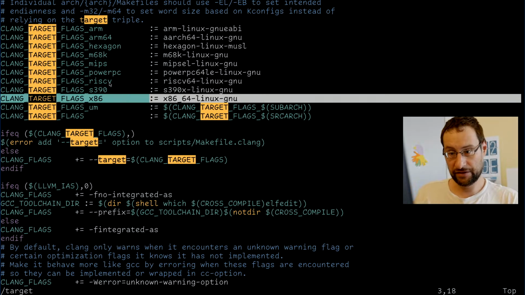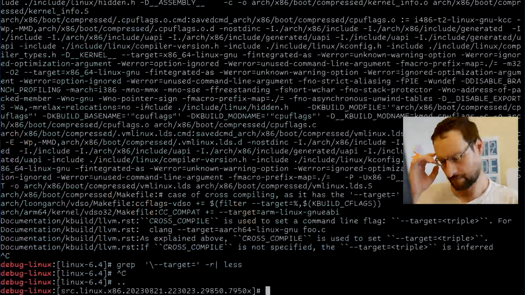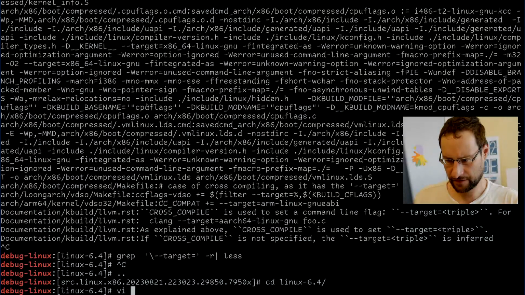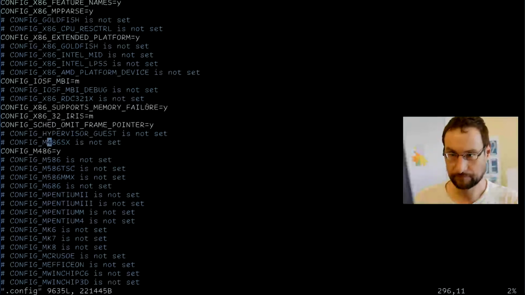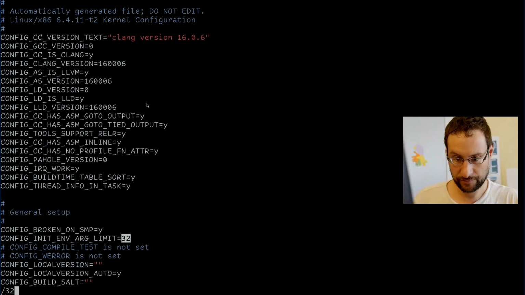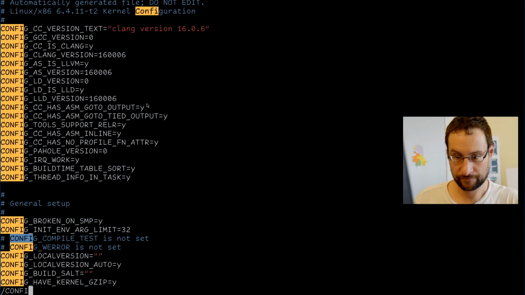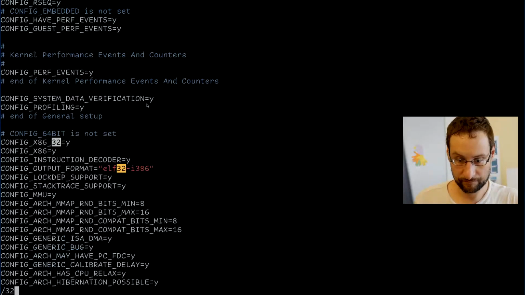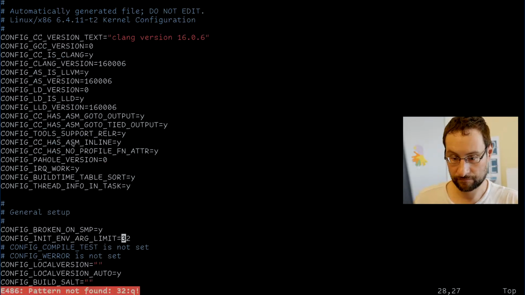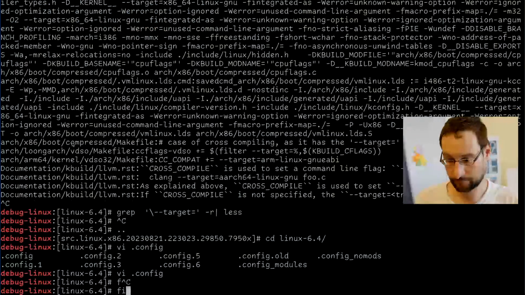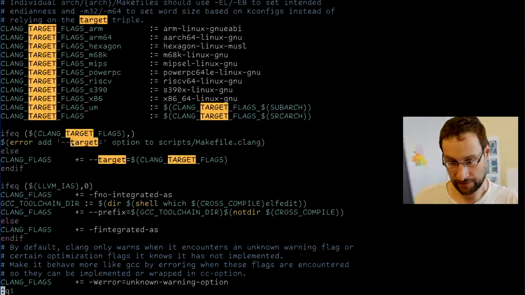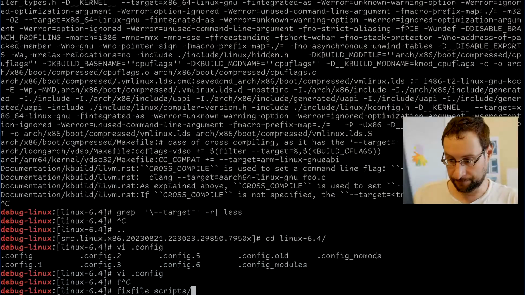Can we directly config? Do we have config things there? So it would be 32, right? Which file even was it? Scripts, Makefile.